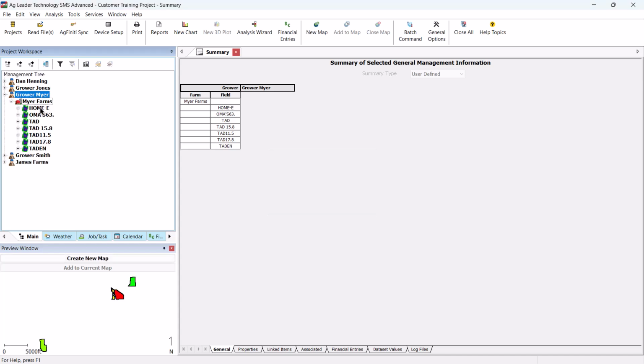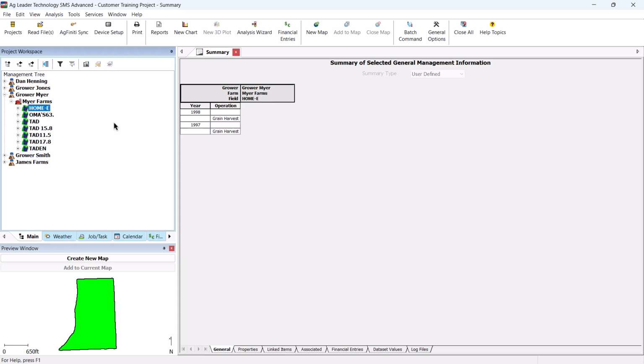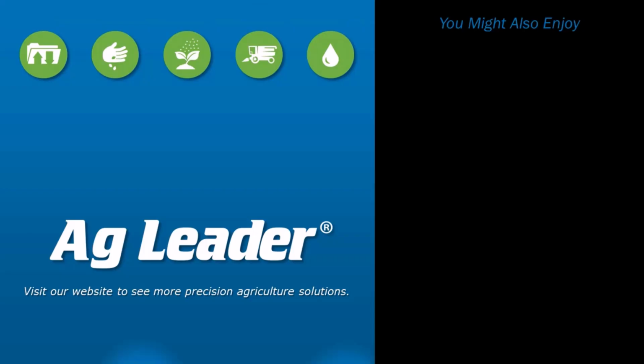All future data read into the software that has a link to either of the original two fields will be read into the merged field and not the original field name. You have now learned how to merge duplicate fields in the